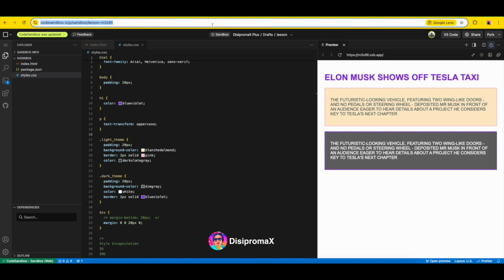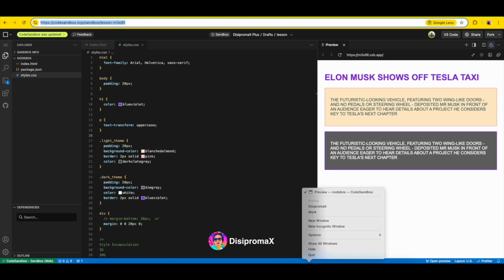Guys, and I want to show you one thing, how to use the sandbox. It will be very useful for you so that you don't waste time figuring out how to use it in general, in the menu. In the description, I will share with you a link to the first lesson on the first sandbox. Each lesson will have a separate sandbox. And when you open this link, let's say, let's open Chrome.